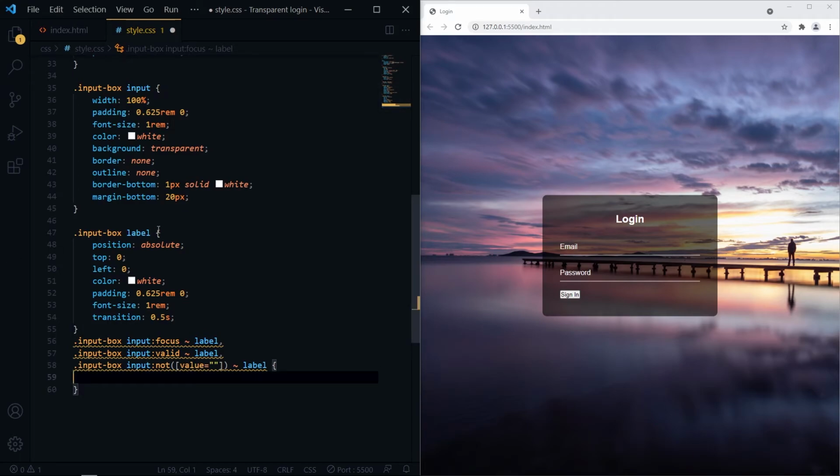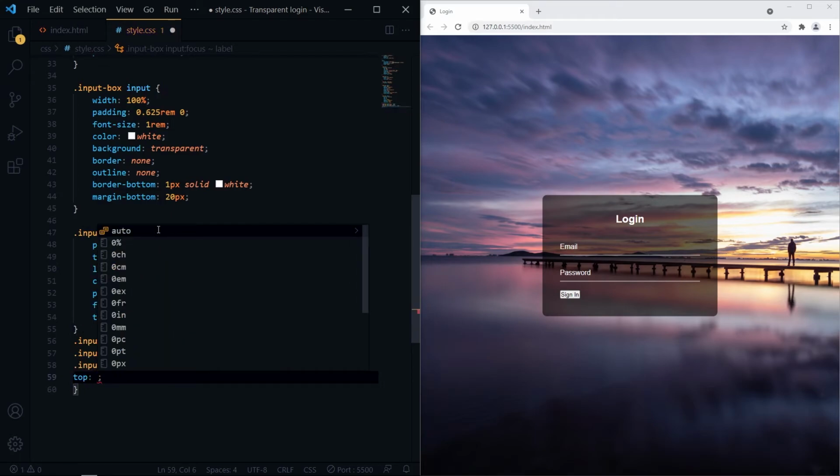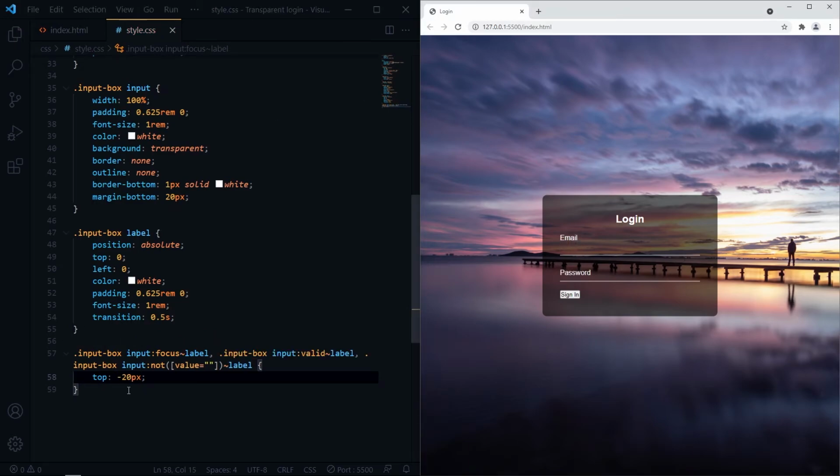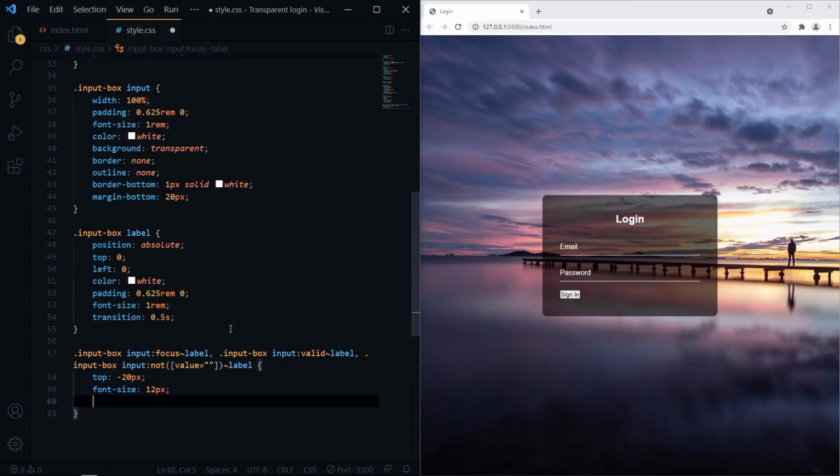And the styles are, we need to change the top value, reduce the font size, and change the color.